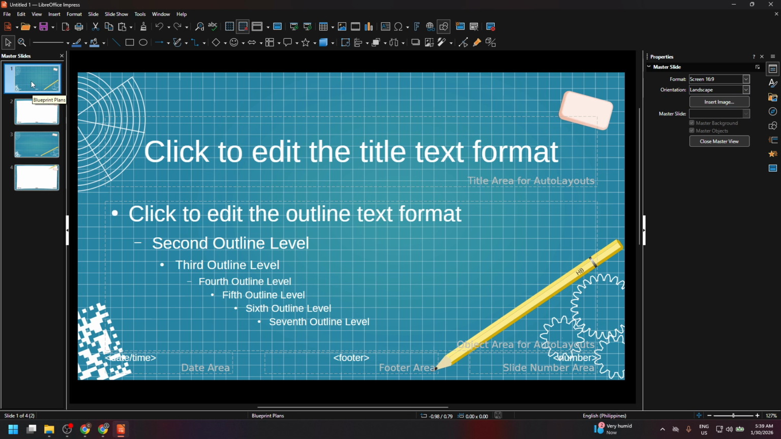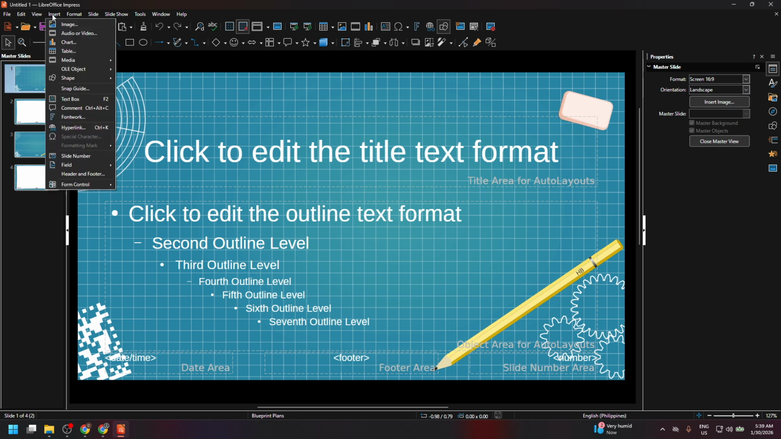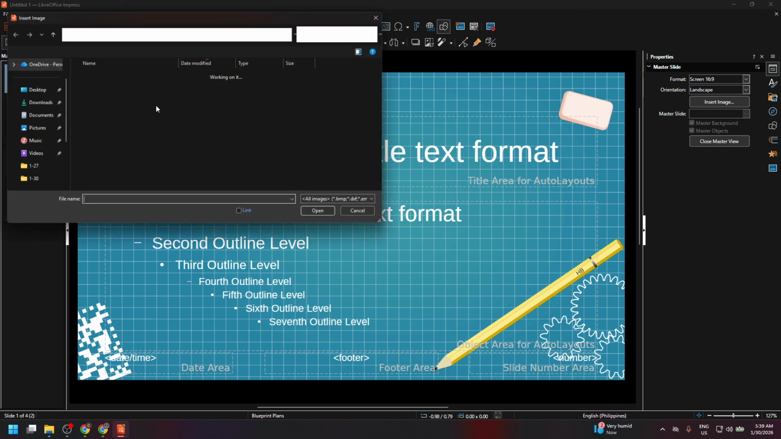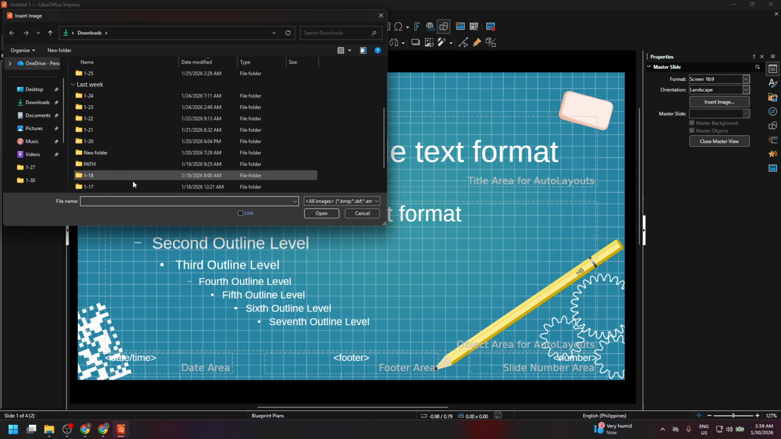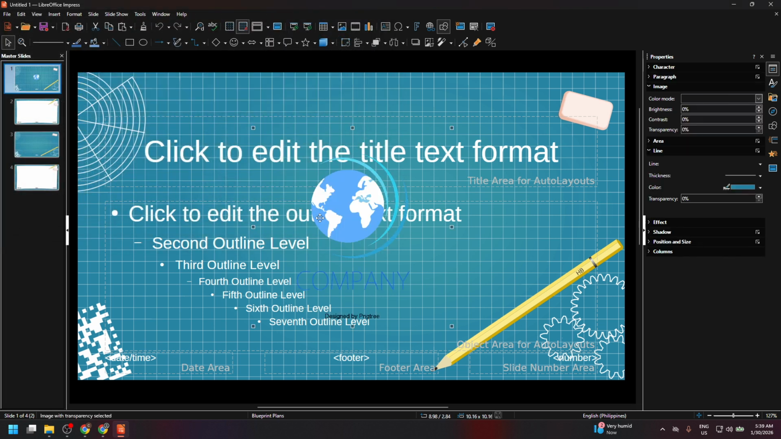Go to Insert, then Image. In the File dialog, locate your logo on your computer and click Open. For best results, a PNG with a transparent background tends to look clean and professional, but whatever format you have will work. Once the logo appears on the master, drag it to your preferred location, such as the top right